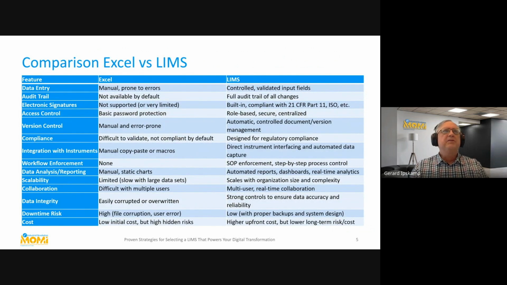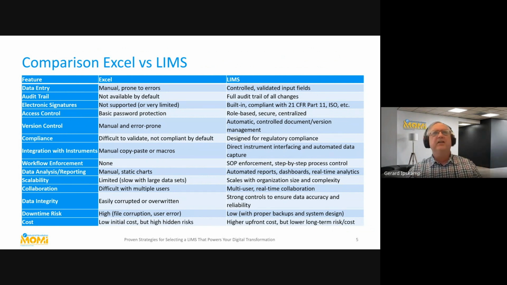So first, talk about Excel. Many companies, many laboratories still use Excel. In one of my educations, I have a fun question, and I ask what MES means, and MES means many Excel sheets. So that's in many companies still the case, and laboratory is not an exception there. Currently I'm working in an agriculture laboratory, and even there they have a LIMS, but still they have so many Excels around that you wonder how that can be supported and how that is working.